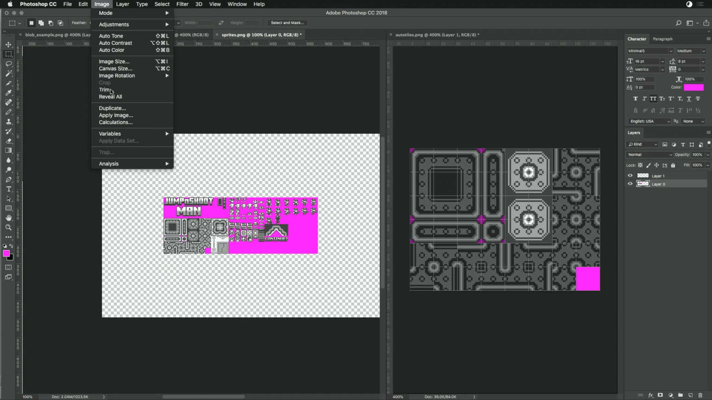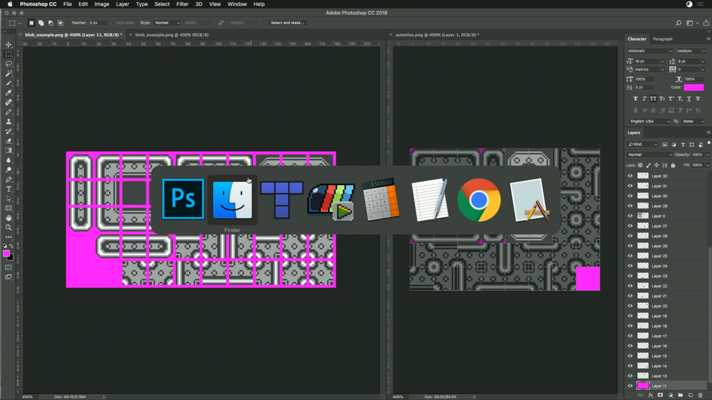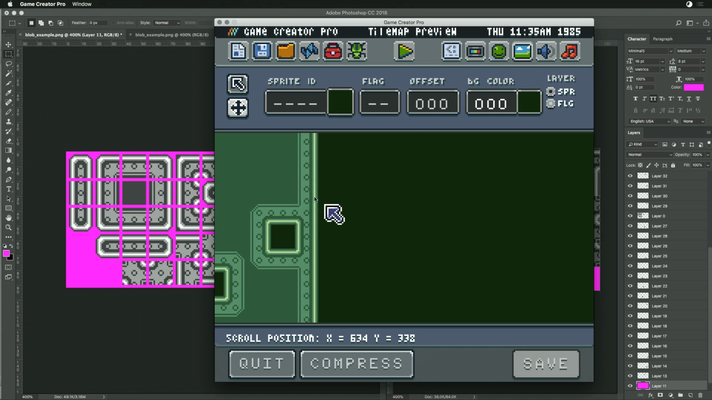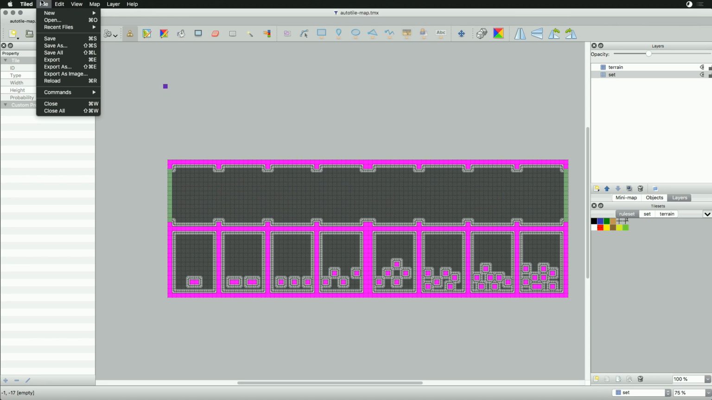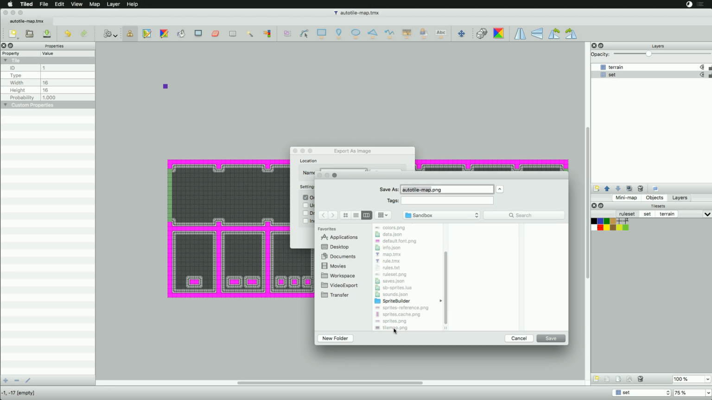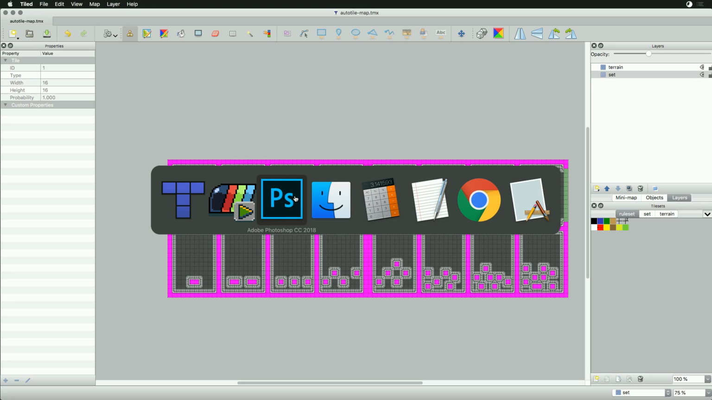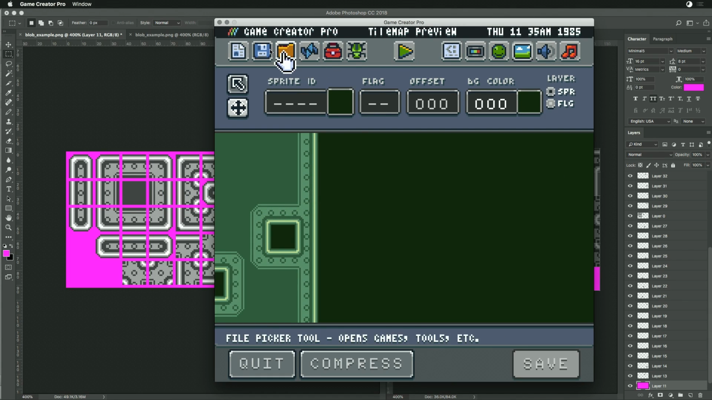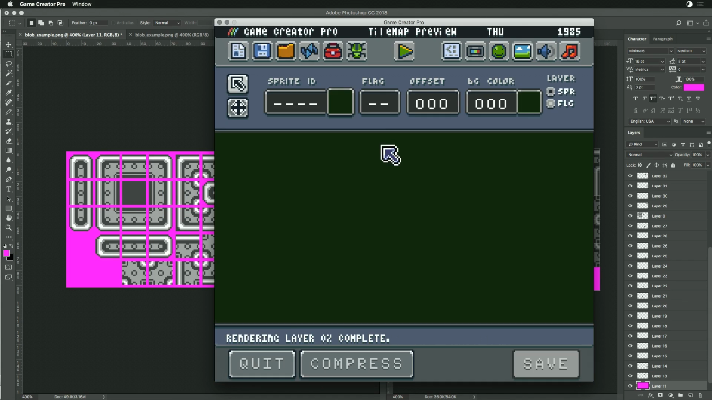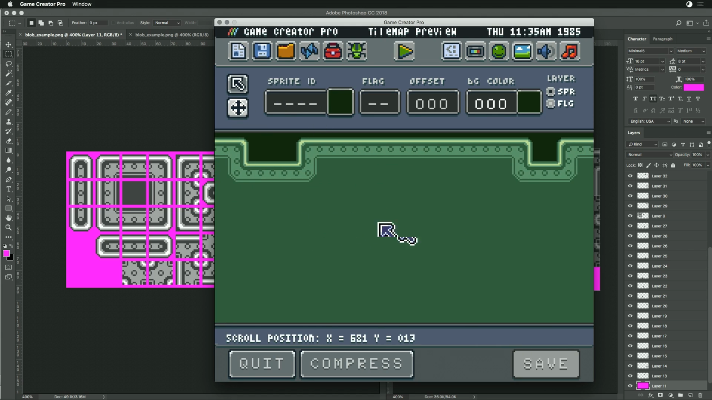Image, crop, trim. All right, there we go. Let's do this. Let's save this to the right file this time. All right, yes, we're going to replace the tile map. Let's go back to the game creator. Let's rerun this, and I just want to scroll to the end and see if this is within the Game